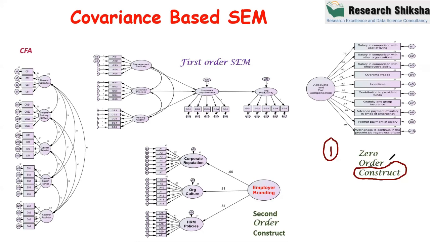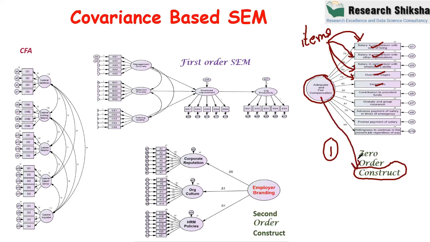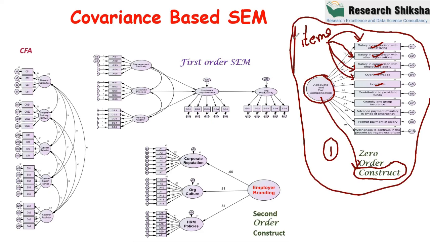When you see a questionnaire, there are many statements. These statements are basically known as the items. So these rectangles are representing the items: item 1, item 2, item 3, item 4, item 5. All the rectangles are known as items or the statements, and these items are representing a construct. This is the name of the construct. So construct is represented by a number of items. The first model we need to learn is known as construct.